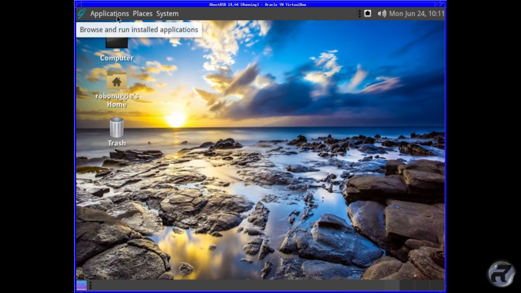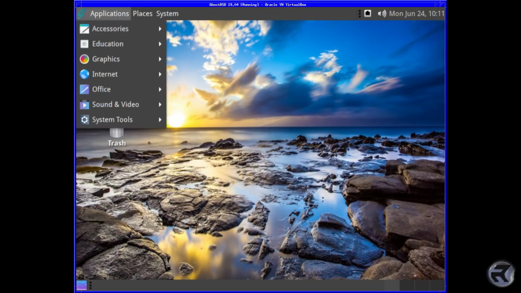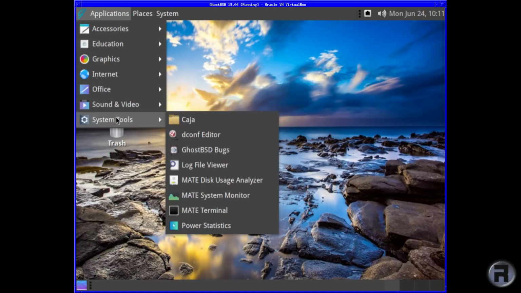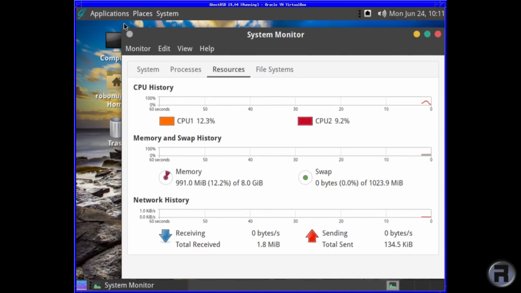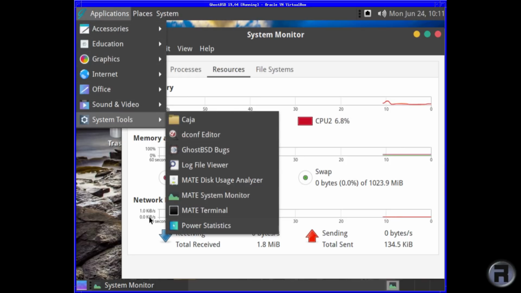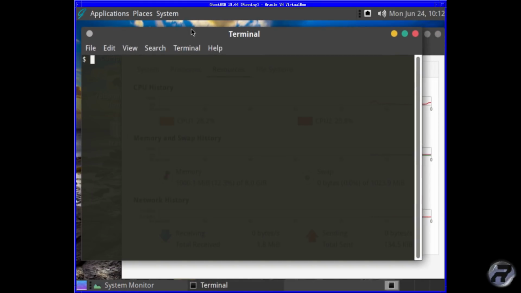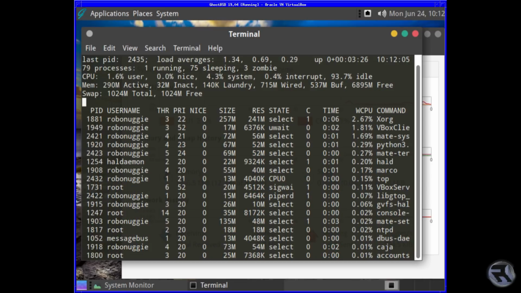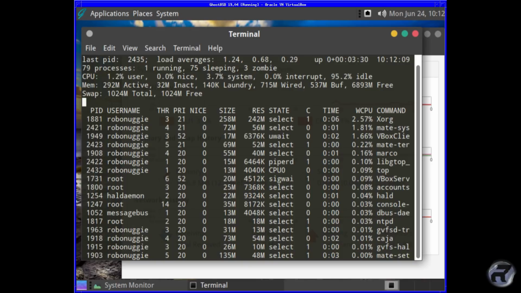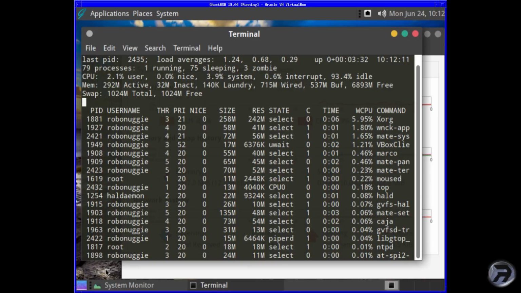There are a few subtle differences between a BSD-based desktop and a Linux one. Package management perhaps is one of them. And the way that memory is monitored. So say, for instance, you go down to System Monitor. It will tell you there that it's roughly 990 megabytes used, which you might think is a bit steep. But if I go down to a terminal and type in top, it's 290 that is actually in use at the moment,